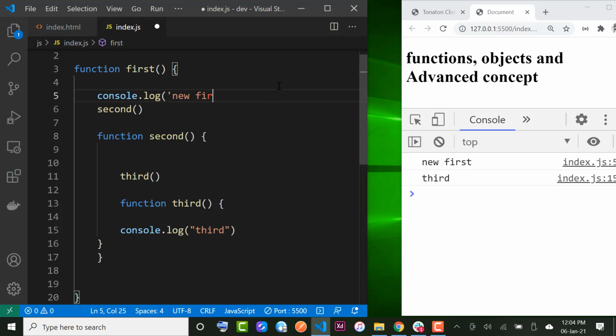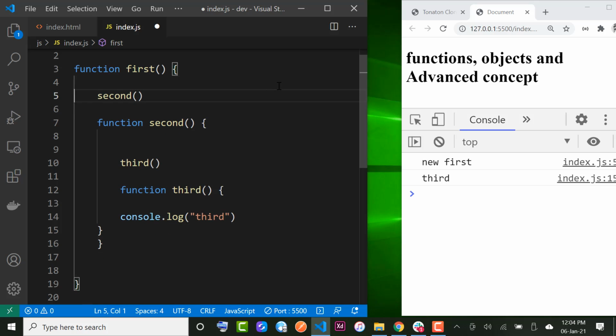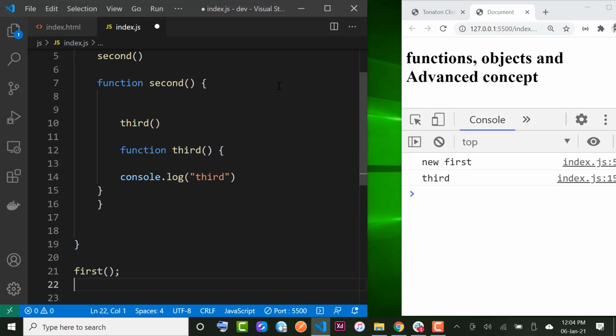Right, in this case, I don't want to confuse you, but what I want you to understand is that it creates an execution context where each function sits on top of the other. You get it? So as each one sits on top of the other, it will create its own variable